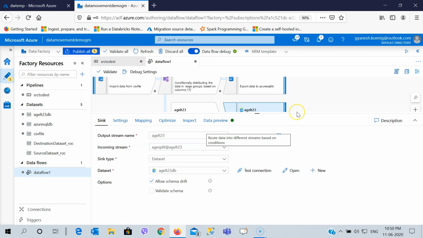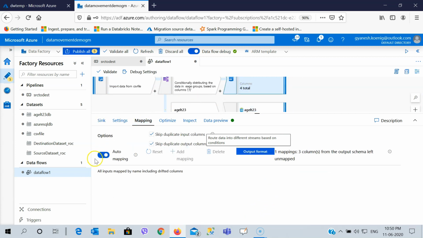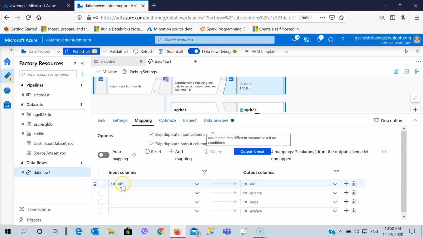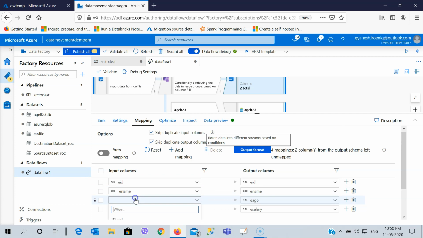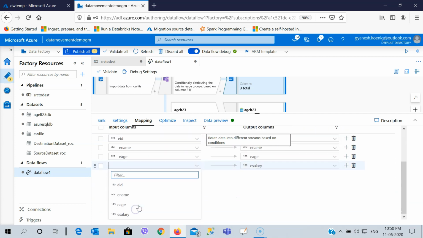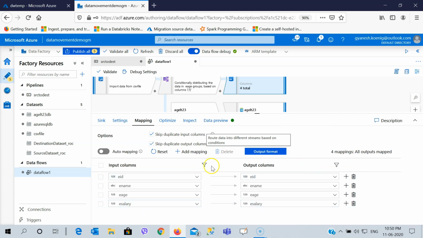Now once I have done this task, I will first go to the first option and will go for the mapping. There I'm going to perform manual mapping. So I'm going to call all the columns which are part of it. This I have done for my first table.